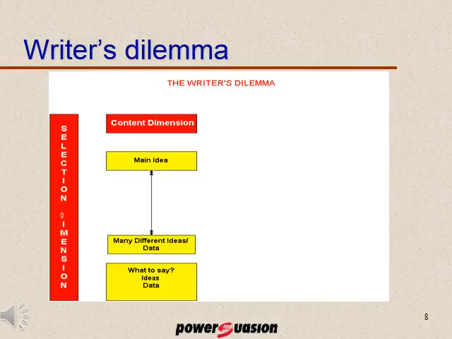Another dilemma that we face as we work is what we call the writer's dilemma. And here the problem is that on the first level, we have to select content. In other words, we have to decide what in all the material that we gathered and looked at and studied and examined, we want to include. And so what is our main idea? What is the main point that we're going to be trying to make with this piece of writing? And so we have to select from the many possible ideas the main idea, which is, what is the primary message I want to send?